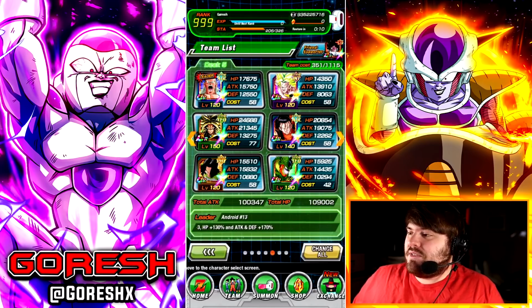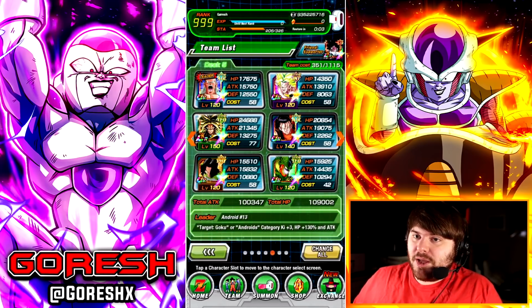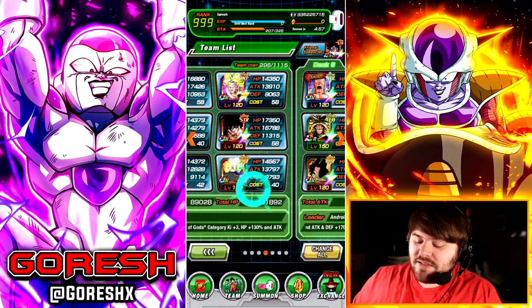I want to give Super 17 some more spotlight here, so I'm going to link him up alongside the Android 13 for the other rotation, and then we'll just have some floaters with the second form cell really helping out Tech Broly to get the key with the orb changing. And then the 17 there for the extra defense. And then the last team we're going to look at is